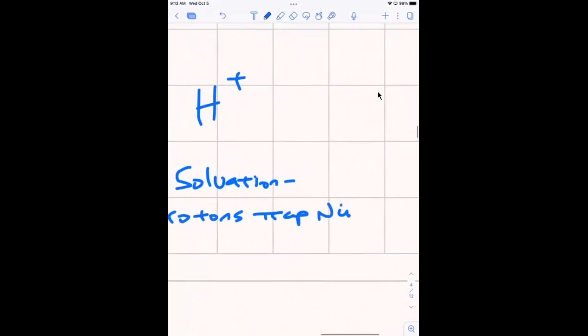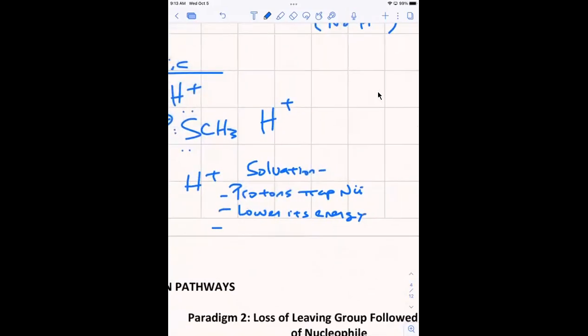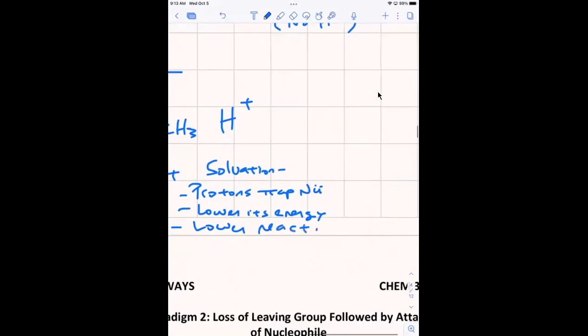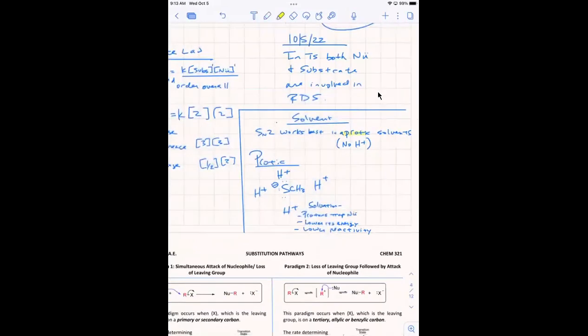So the protons trap the nucleophile and lower its energy. And if it's lower energy, it's going to be less reactive. Right. So that process of solvation is that's why you don't use a protic solvent for a reaction that you know is SN2. Because once the nucleophile gets solvated, it gets lazy, and that's going to decrease the rate of